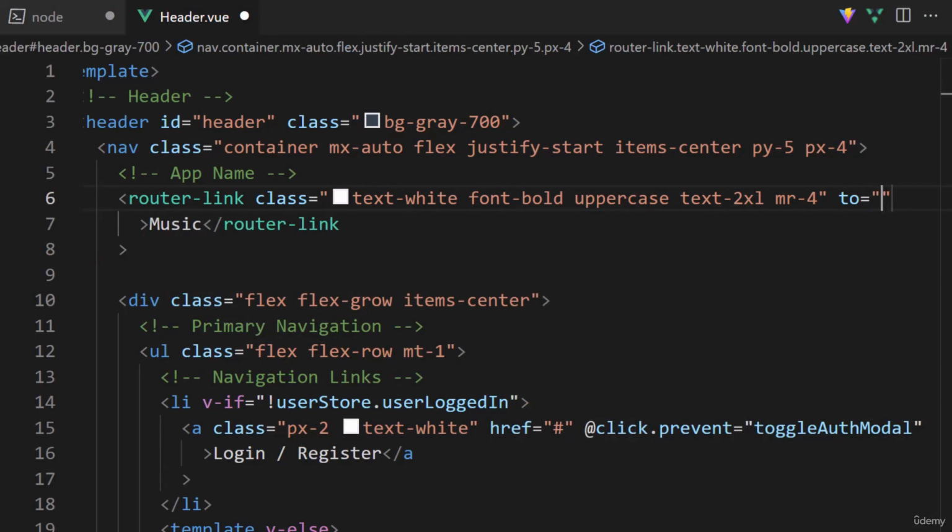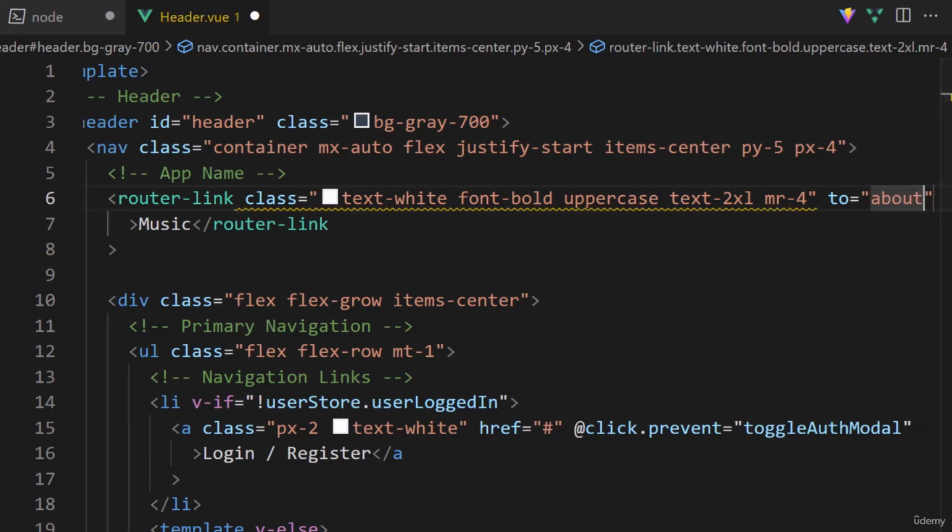We have the option of adding in a / before the path. If we do add a /, the router will append the path to the domain. Otherwise, it'll append the path to the current path. For example, let's say I set this to about. If the current URL is example.com, then the user will be redirected to